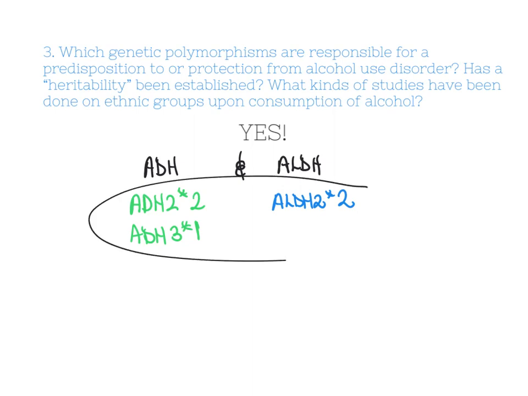These isoforms specifically are protective against alcohol use disorder and are very common in East Asian populations and also 20% of the Jewish population. To understand why they are protective, we have to go back to the reactions from question